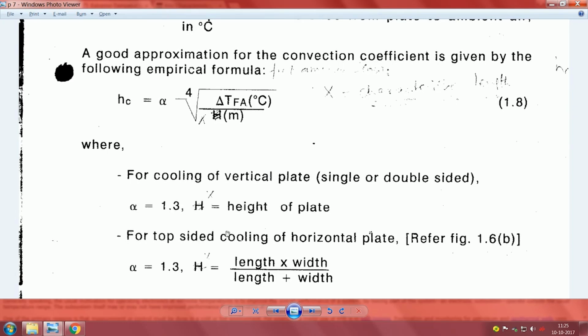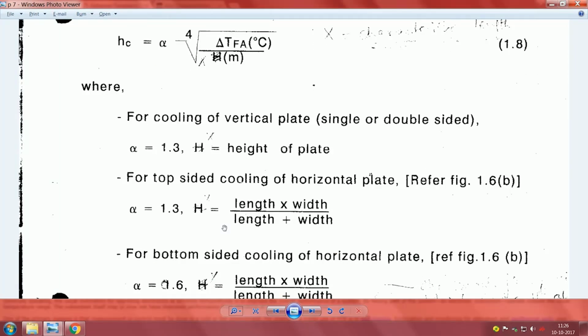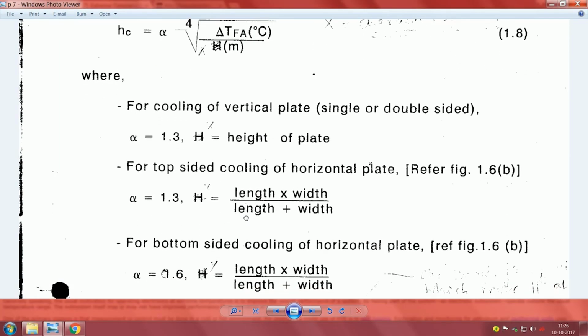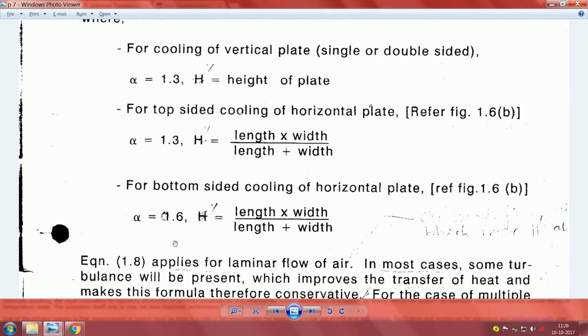for cooling a vertical plate it is 1.3, this one. Alpha has been introduced here, where h is the height of the plate, and for top sided cooling, it is this length into width by this, and here there is a small, I will call it a, long ago we did not have a